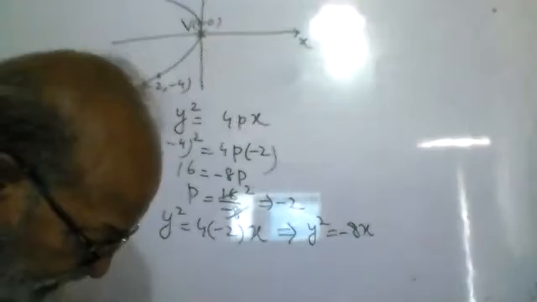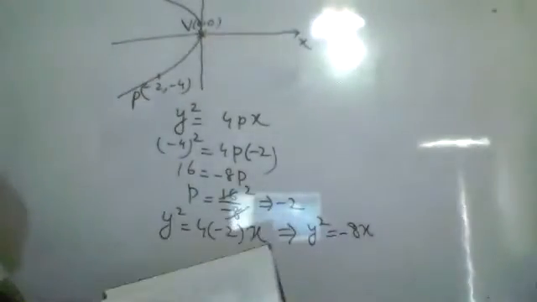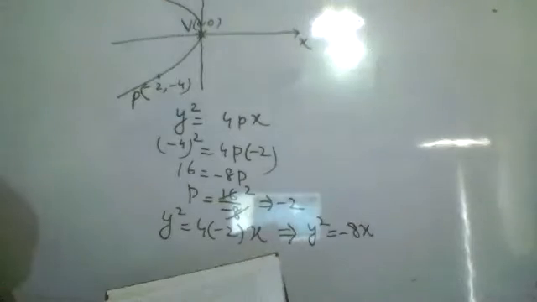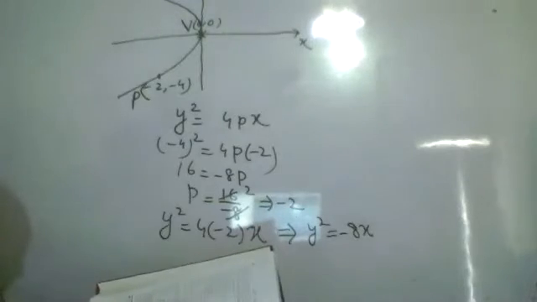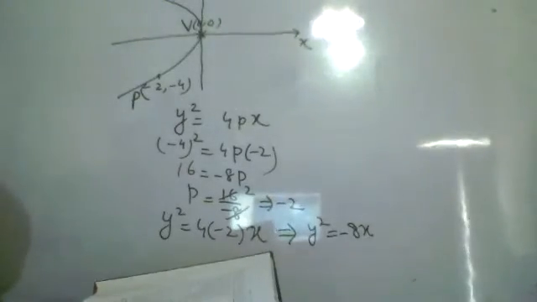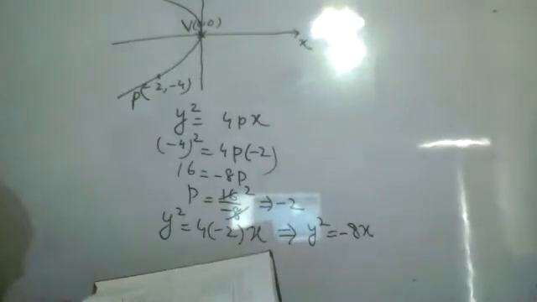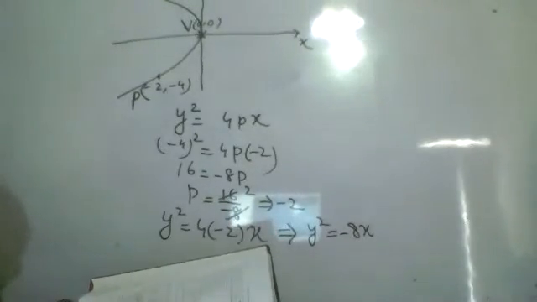Now the equations will be given. We have to find from question number 15, in exercise 15 to 30: find the coordinates of the focus and the equation of the directrix in each exercise and sketch. So from question number 15 up to 30, the equation is given. We will find the focus as well as the equation of the directrix.